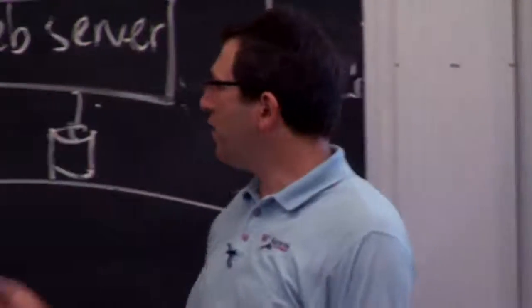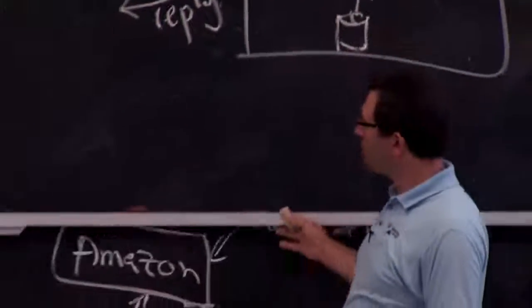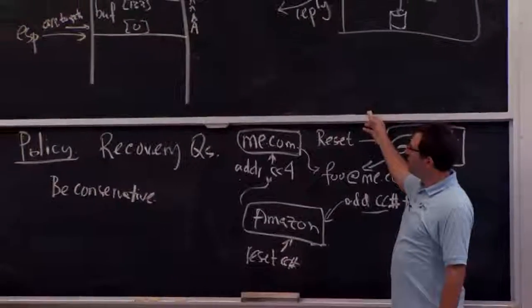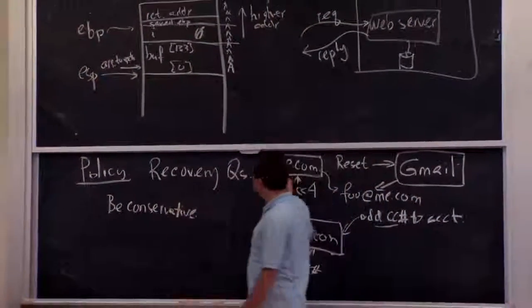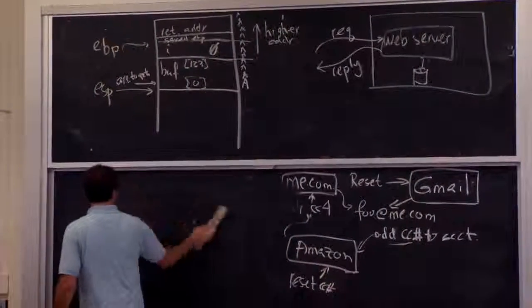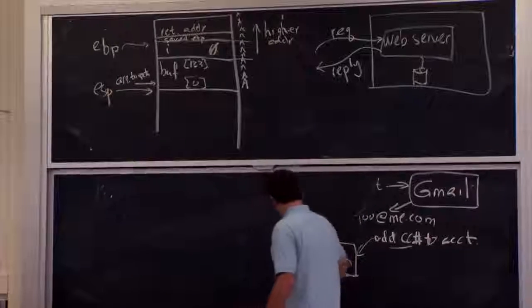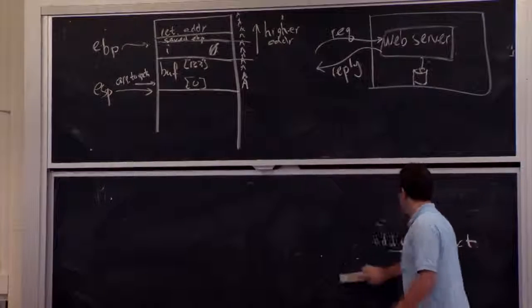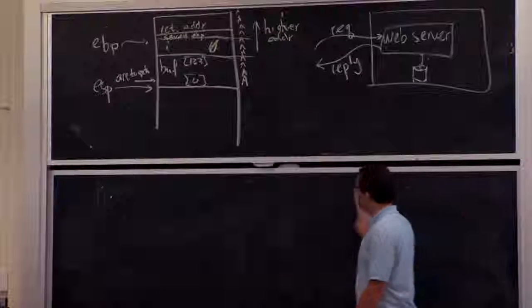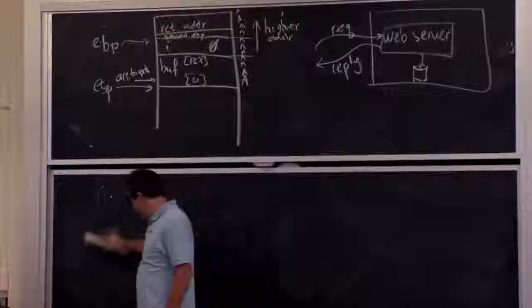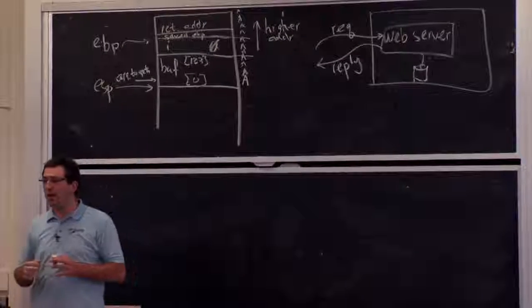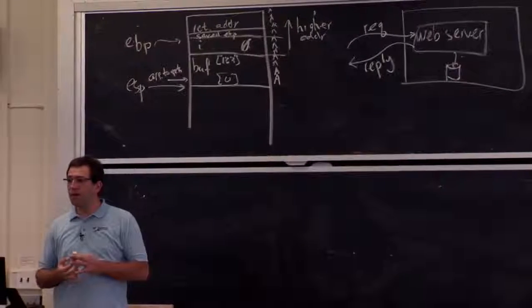So an alternative design we could imagine is one where the stack starts at the bottom and keeps going up instead of growing down. Then, if you overflow this buffer, you'll just keep going up on the stack, and maybe there's nothing bad that'll happen. Yeah? That only applies to local variables, like in the function.